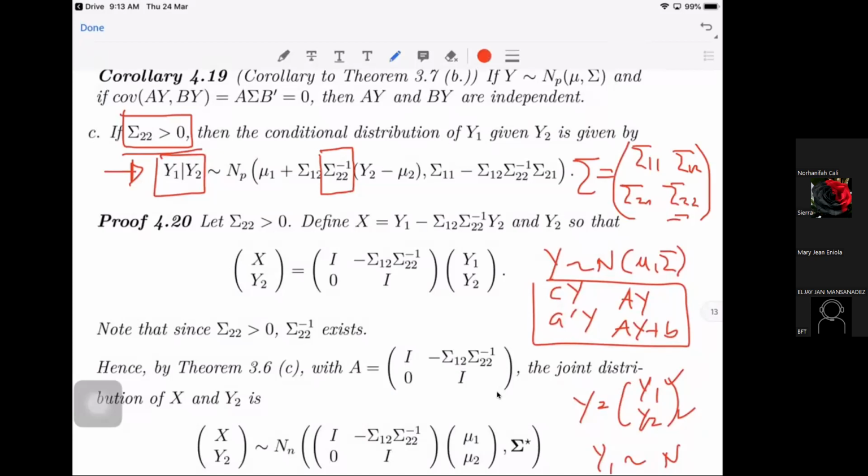So if sigma 22 is a positive definite matrix, then the conditional distribution of y1 given y2 is given by